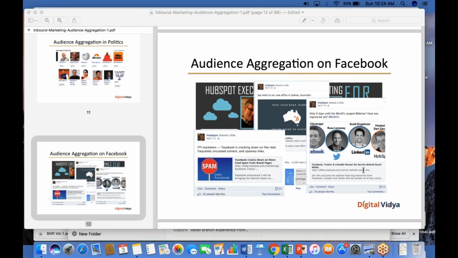Just like shareholders in an organization. Yeah, you could possibly think of it that way. Shareholders are in a sense an example of an aggregated audience set because they have a certain vested interest in the success of the organization. Employees in an organization are also an example of an aggregated audience. And let me just take a slight diversion here.